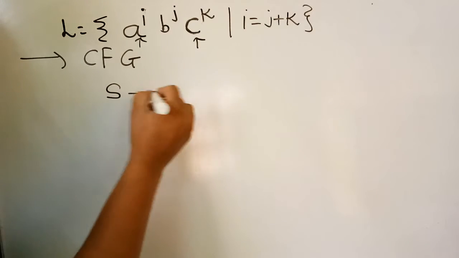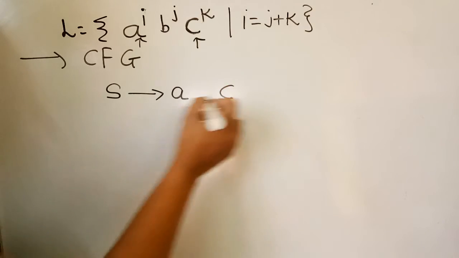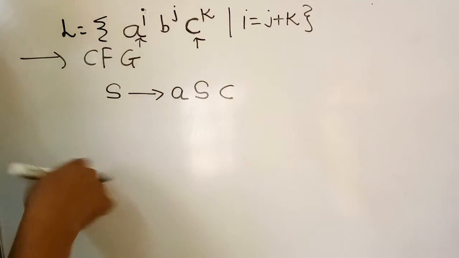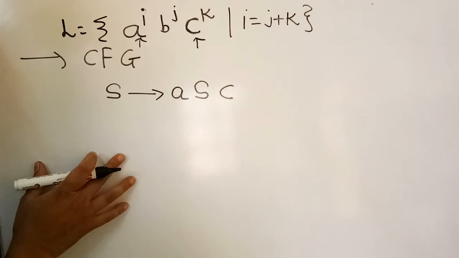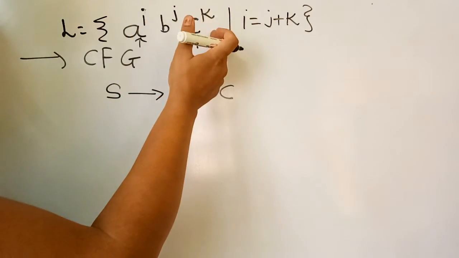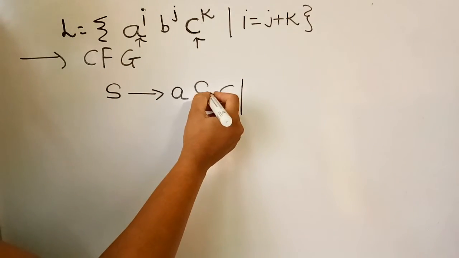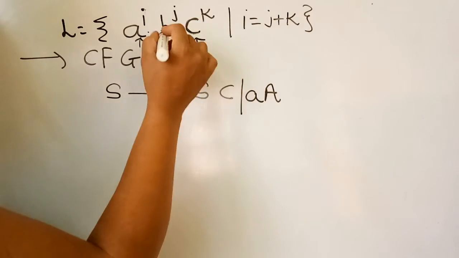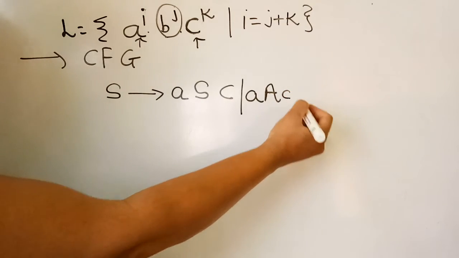So for this we will design a context-free grammar or a production rule like A, C. Then for recursion we will take S again, and for this S we will again replace another terms. It is happening that C is a combination of B and A is a combination of B and C. So for this case, we will again replace this S with a letter like A. Again, we will take another production rule for B. So it is A, C.